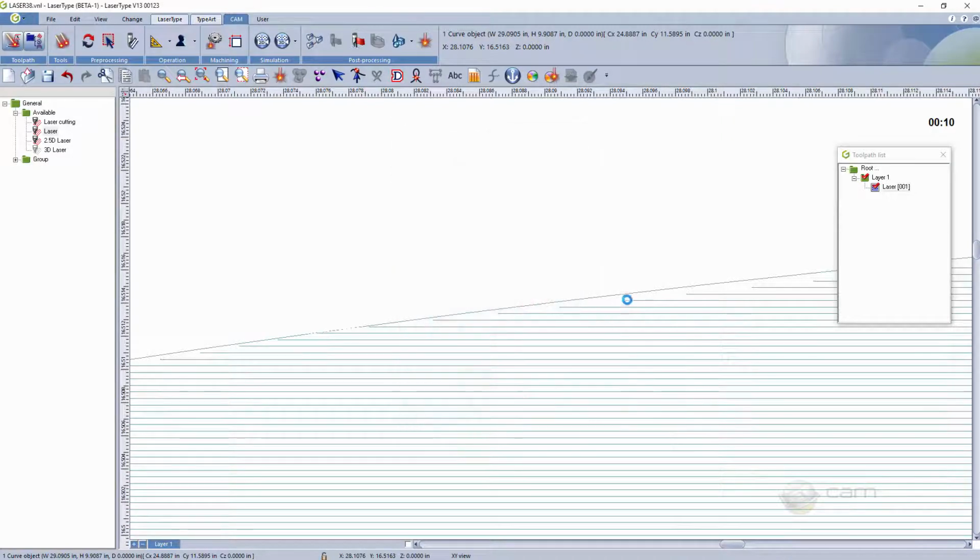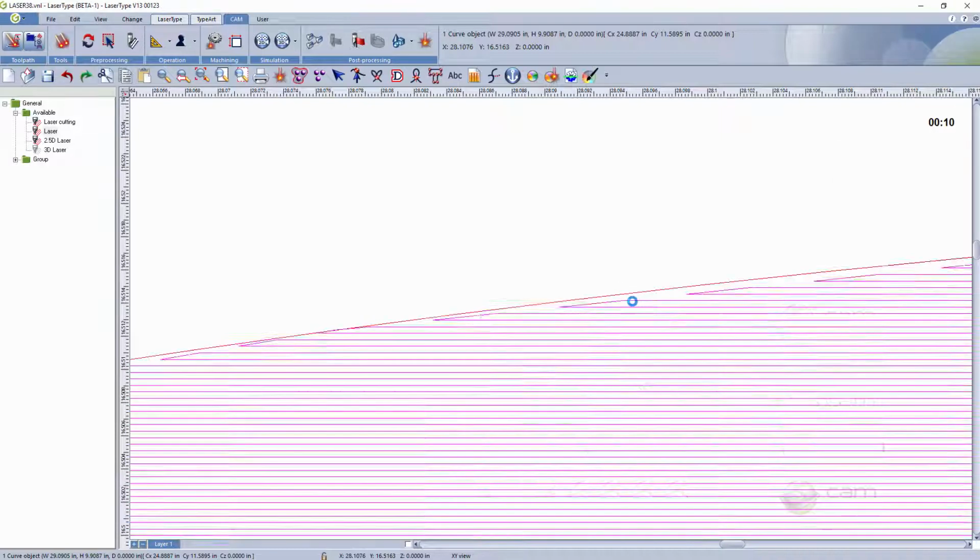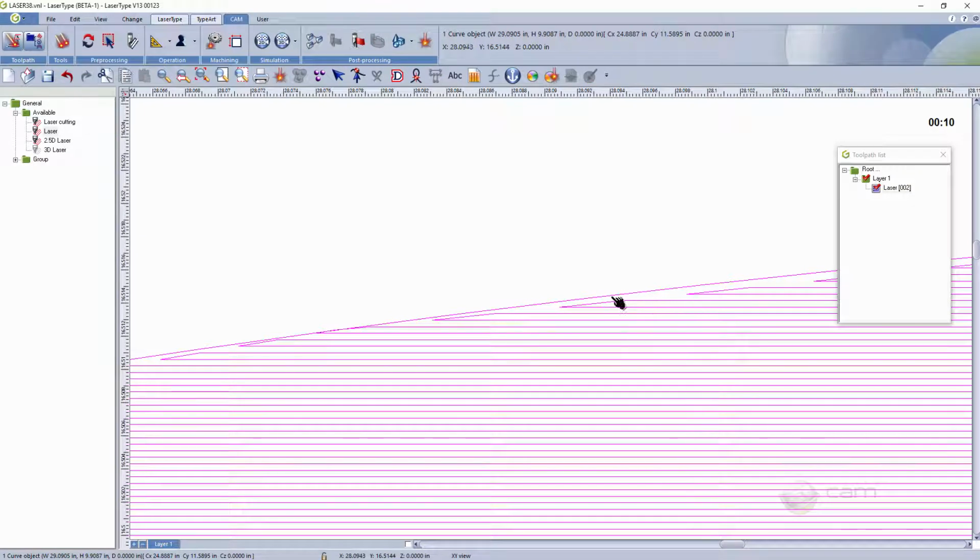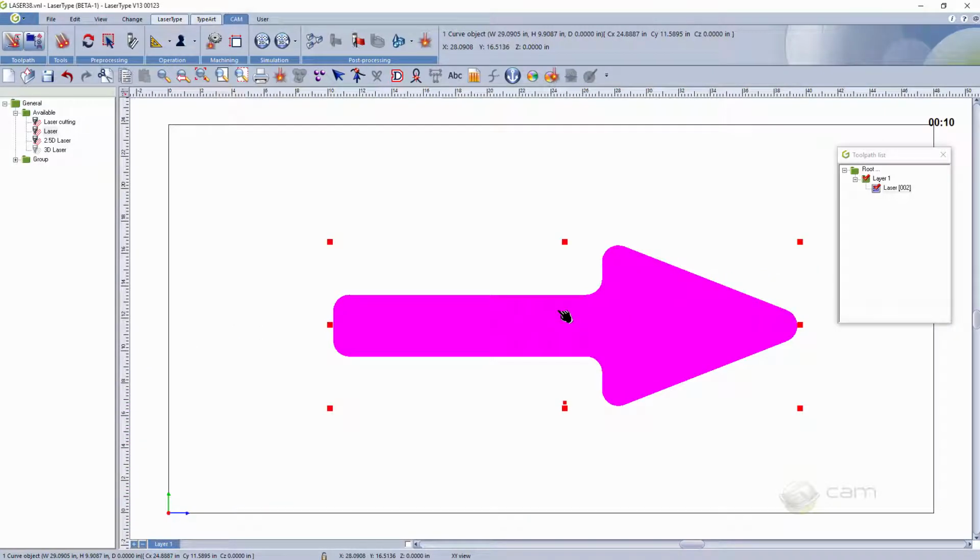So as a result, you will now see a computation with a nice continuous path within the different step over that the laser has taken. It is currently computing here. Here is the path, added to the shave, that is going to be set for that specific vector line that we have built earlier.